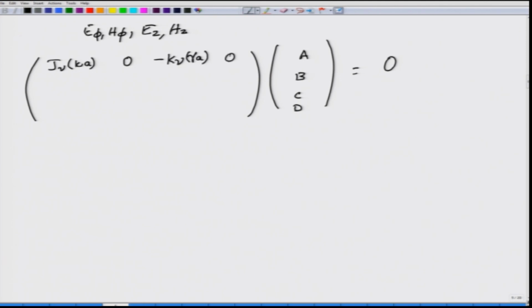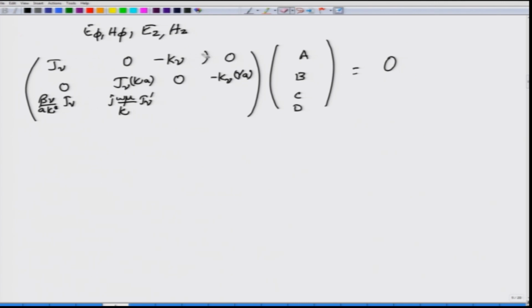So, you can see that these matrices are of course with an argument kappa A, because that is the point where you are matching the fields. So, at r equal to A is where you have matched the fields, and these are the expressions that you will get. These are not easy expressions, in the sense that they are tedious to write down and solve, but once in a while if you do it, it would be better. So, you have the third row given by this one. Note the appearance of j nu prime. Let me also simplify these equations by removing the argument of kappa A from everywhere.